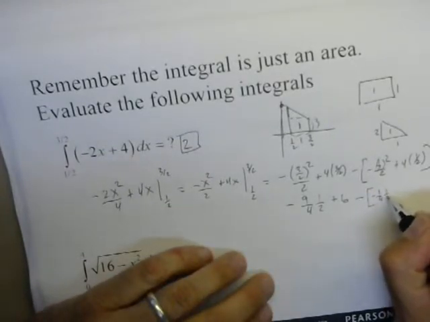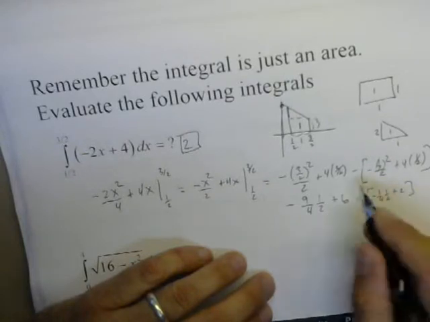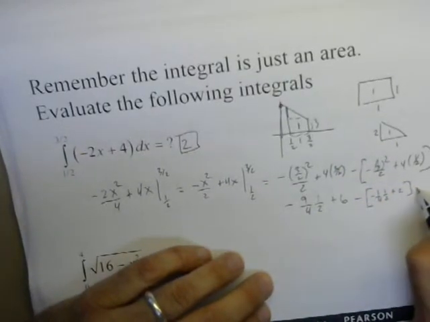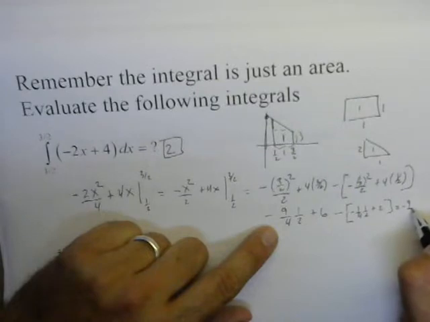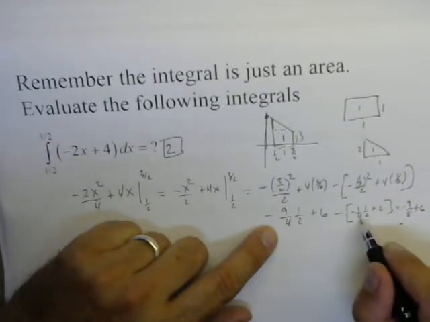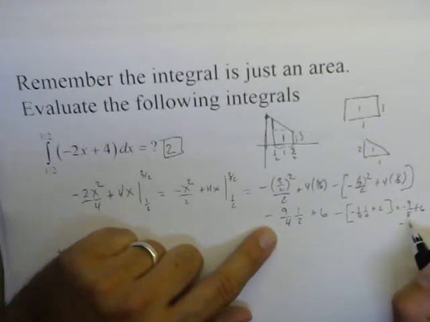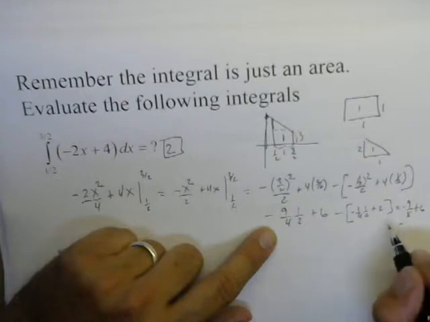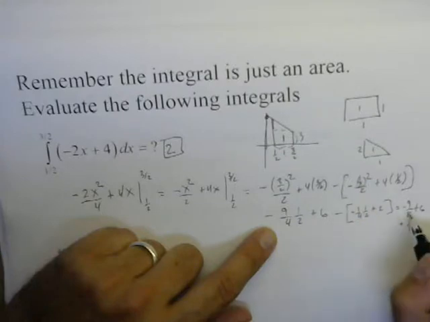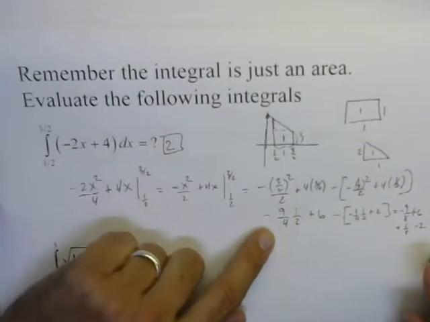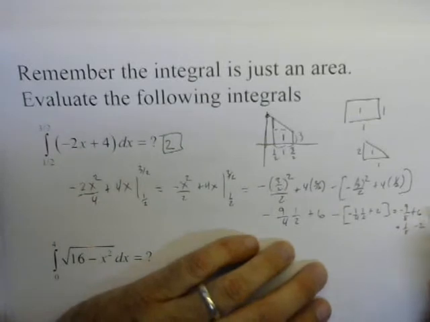-1/4 divided by 2, so that'll be multiplied by 1/2, and here I'll get a 2. So if I work that out, I'll get what? -9/8 plus 6, and then minus, what's that going to be? -1/8 plus 2. Yeah, so I'll get a -1/8, so I'll actually get a +1/8 for that. And if I distribute the negative, I'll get a -2. So let's see, if I work that out, do I get 2, right? I should, hopefully. So if I take -9/8 plus 1/8, that'll give me a